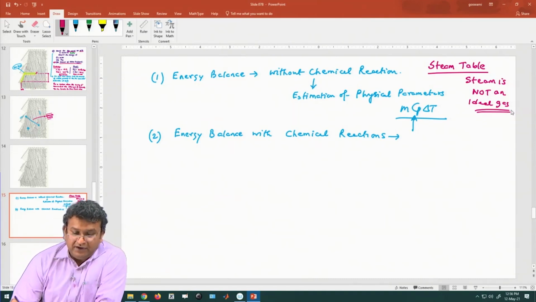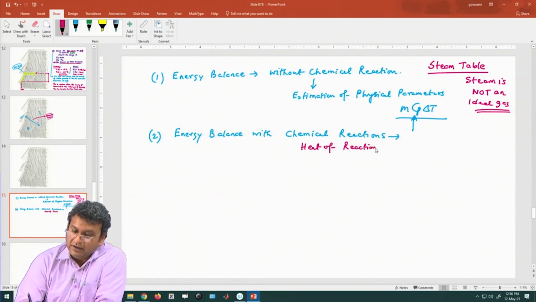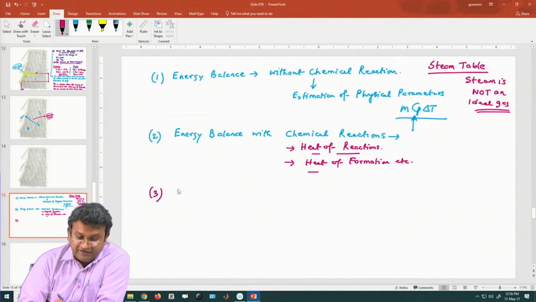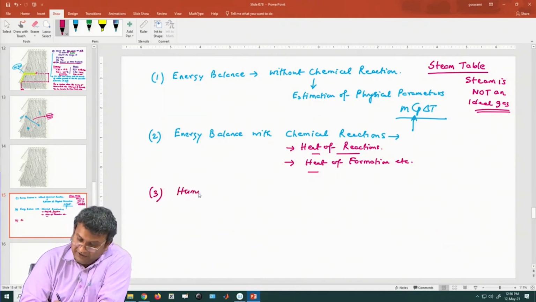Then we learnt about energy balance with chemical reactions, and some nice concepts like heat of reaction. Of course, one thing we have not talked about is activation energy, which is fine. So, heat of reaction, and then terminologies like heat of formation, etc. And the third thing we learnt is essentially the concept of humidity